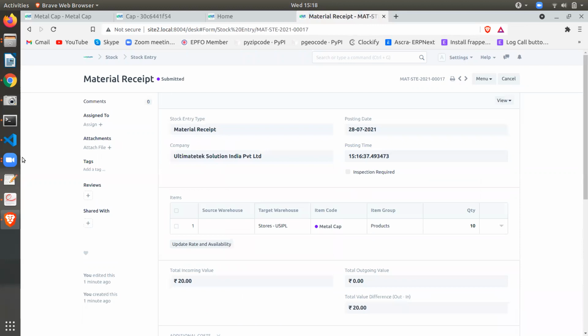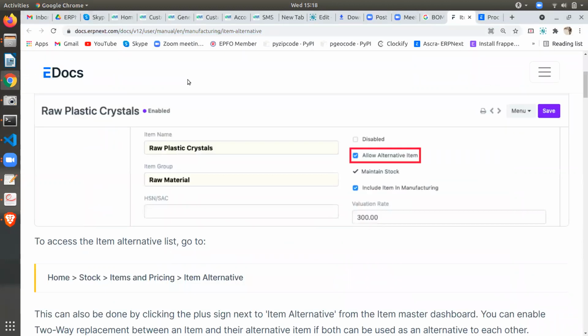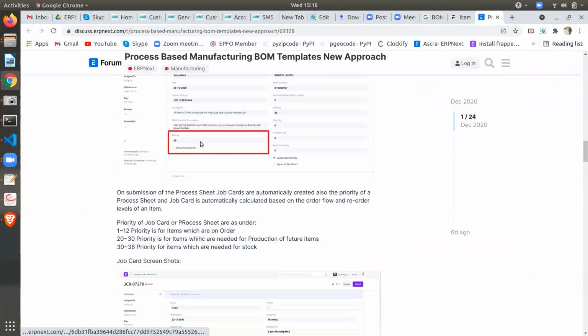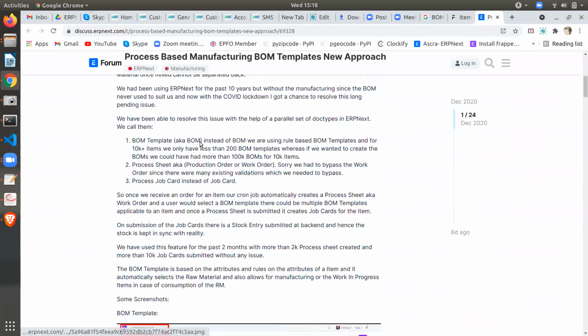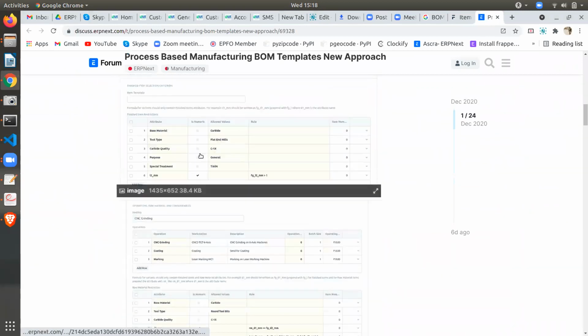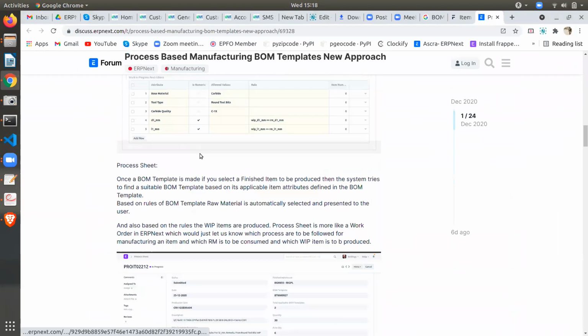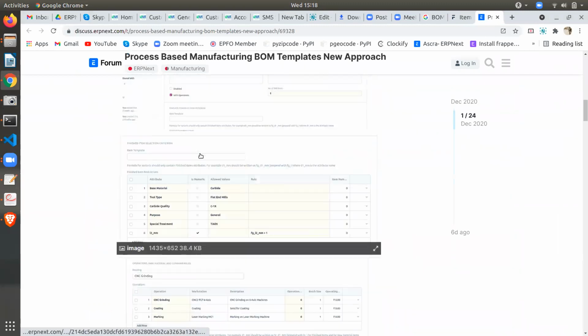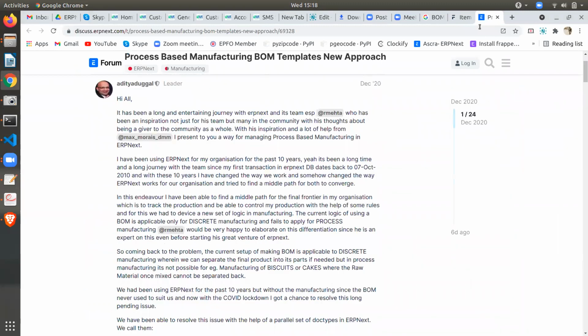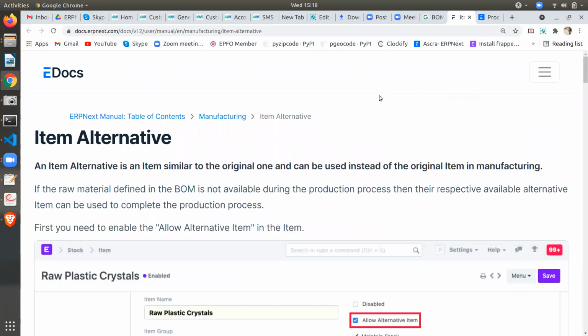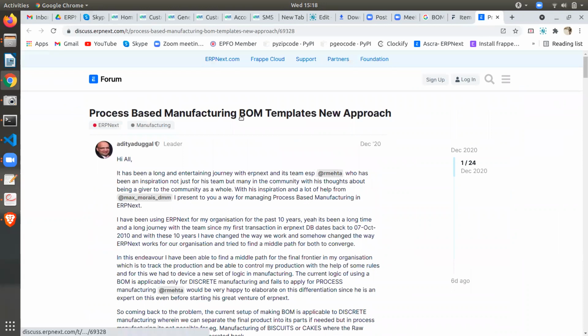Also what we have discussed, that is the bill of material template. I think I have gone through this, but they have not given clear information for that. Maybe it is a new feature, it seems. Bill of material template. I'll get back to you on this because I tried this, but it did not work.